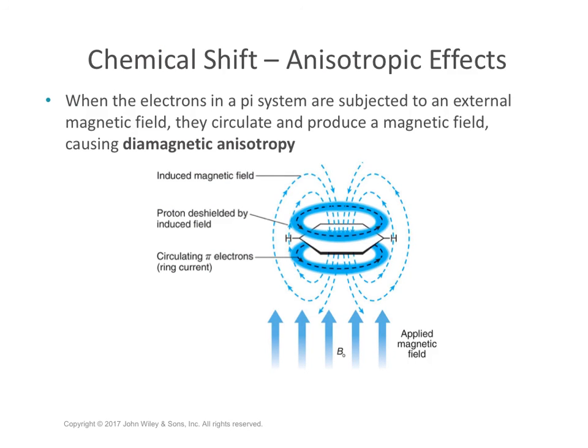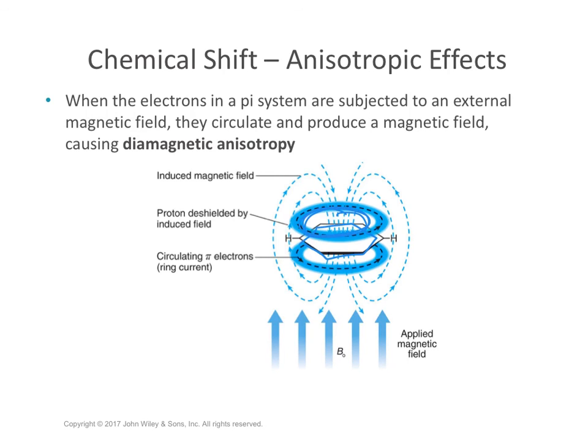The last topic is anisotropic effects. When electrons in a pi system are exposed to an external magnetic field, they circulate and produce a magnetic field, causing diamagnetic anisotropy. So here is an example. If you had a benzene ring, and the electrons in those pi bonds, there's 3 pi bonds in the benzene ring, are exposed to an external magnetic field, they start to circulate, and that produces its own